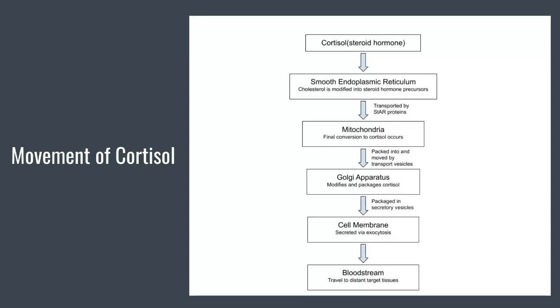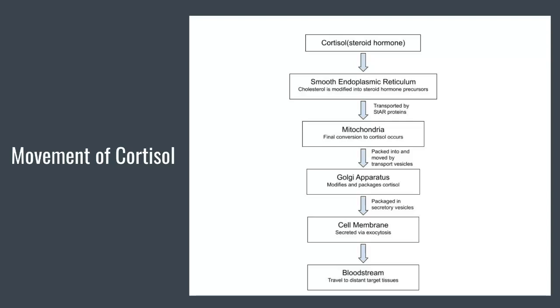Cortisol synthesis begins with cholesterol, a lipid precursor molecule obtained from circulating lipoproteins, or it is synthesized within the cell. The production primarily takes place in the smooth endoplasmic reticulum, where enzymes initiate the steroidogenic process. Cortisol's biosynthesis is completed in the mitochondria, where specialized enzymes convert precursors into active cortisol through a series of oxidative reactions. After synthesis, cortisol is transferred to the Golgi apparatus in transport vesicles, where it may undergo further sorting or